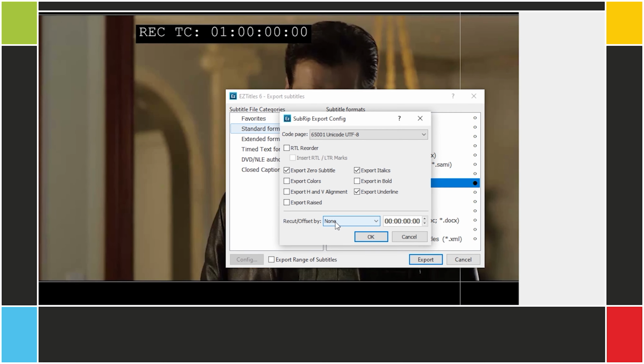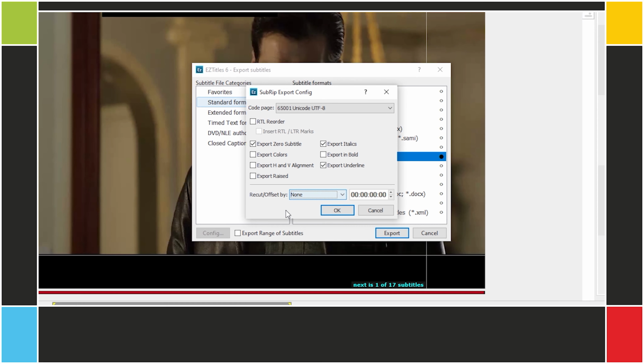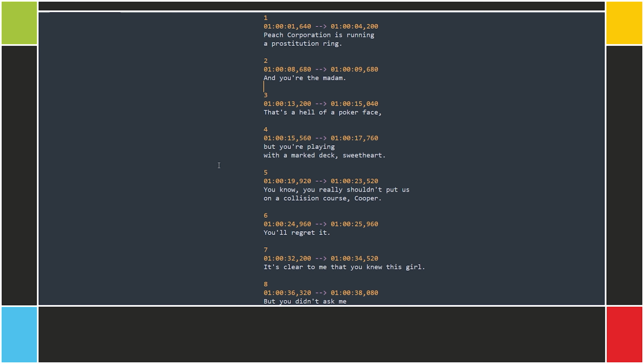Remember how the media start timecode is 01000000? Let's export this file as is and see what happens. Let's open the SRT file in a text editor. You can see that all the in and out cues start at least at 1 hour. If this file is going to be imported by a video editing program and the timeline starts at 1 hour,